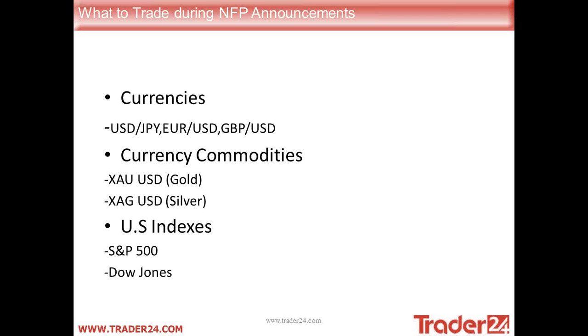So for example, always make sure you're looking at the base currency. So in this case with the dollar-yen, the base currency is the dollar and the yen is the counter currency. So obviously if it's a good result, you're going to buy the dollar-yen. If it's a good result with the euro-dollar, you're going to sell the euro-dollar. Okay, because the dollar is the second currency here, so obviously the euro is going to weaken, and so forth. Okay, so if it's a negative result, you're going to open up a sell USD/JPY.